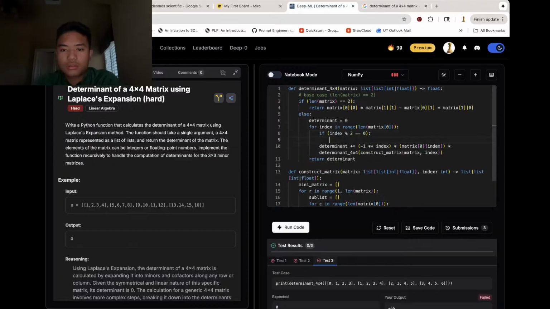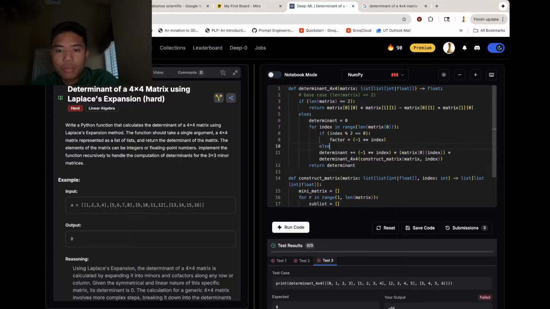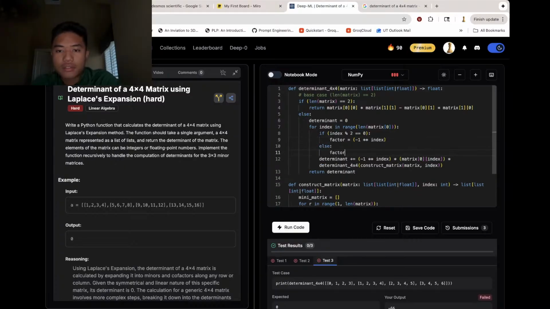Then factor is equal to minus 1 to the power of index. But if it's odd, then factor is equal to negative 1 to the power of index minus 1. Right. So,